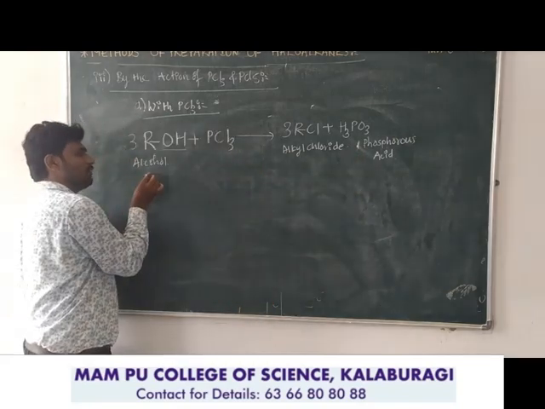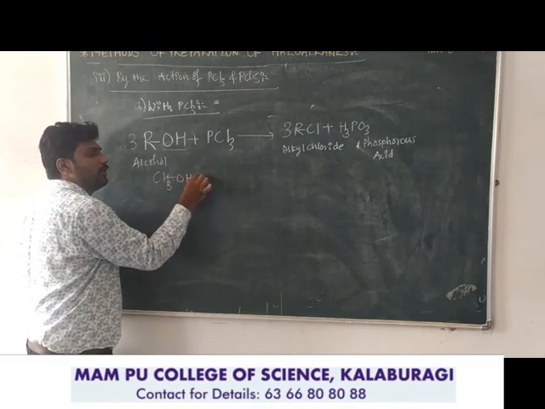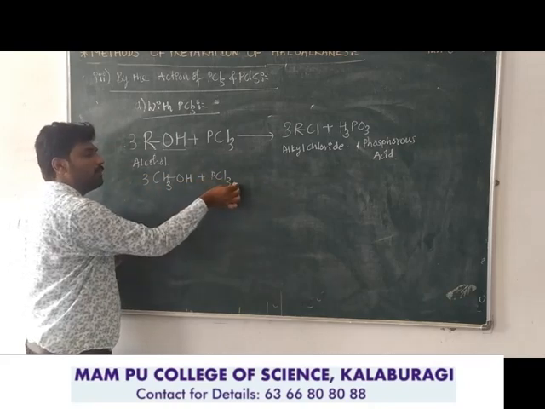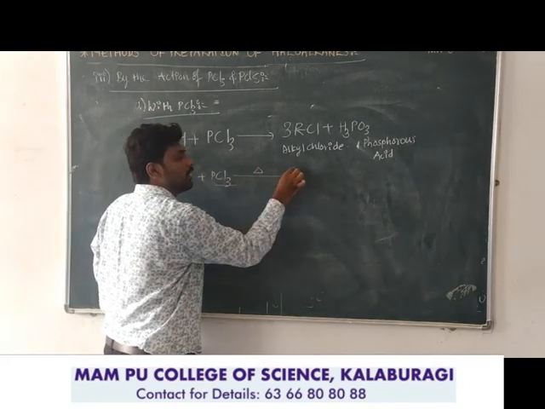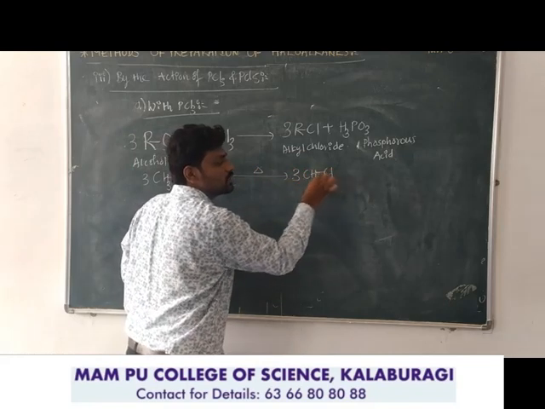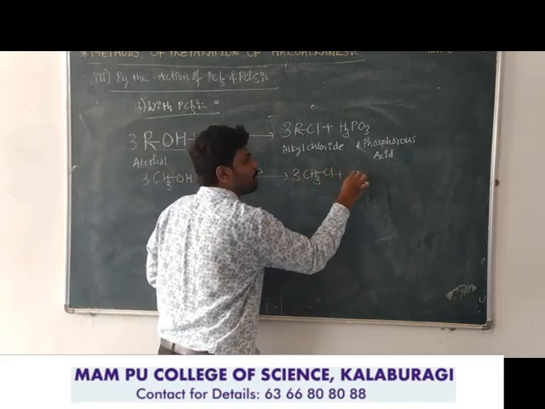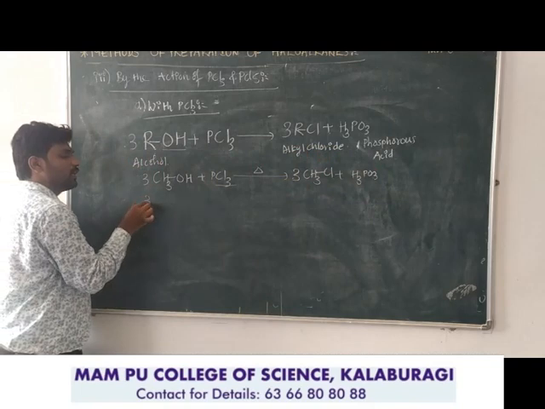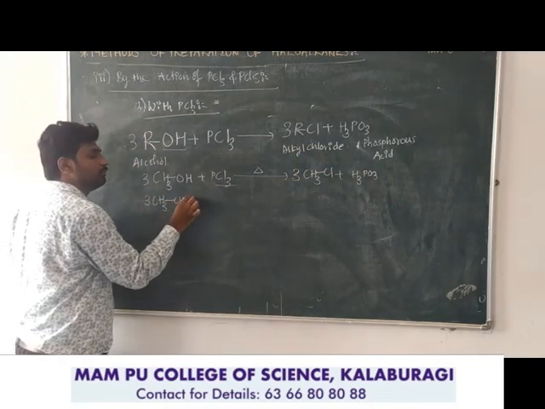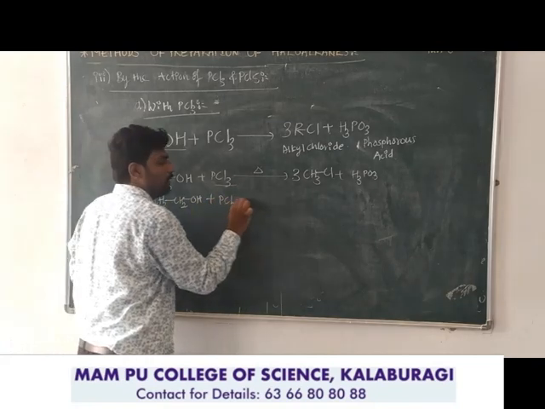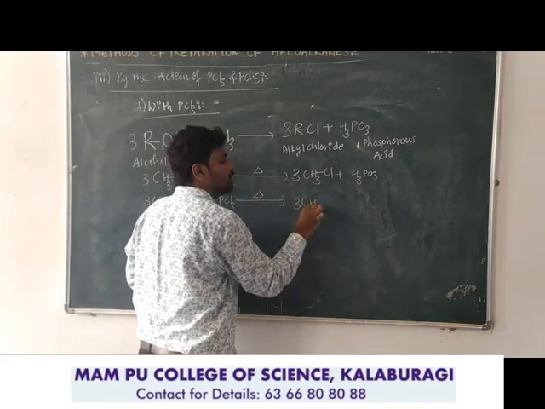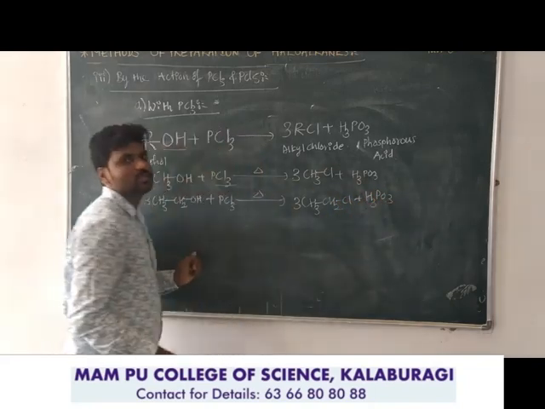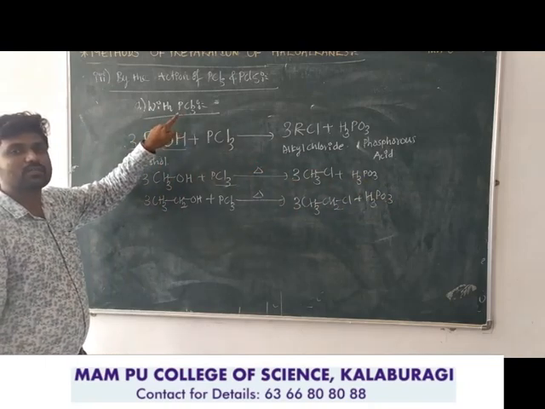Same here, if I have taken methanol which is heated with phosphorus trichloride, naturally 3 methanols are replaced by the 3 chlorine atoms after heating and converted into 3 moles of CH3Cl, that is chloromethane or methyl chloride, and the same byproduct is H3PO3, that is phosphorus acid. Similarly, if I have taken 3 moles of ethanol with phosphorus trichloride, after heating I am getting 3 moles of ethyl chloride plus phosphorus acid. So this is the first reagent where I used phosphorus trichloride.